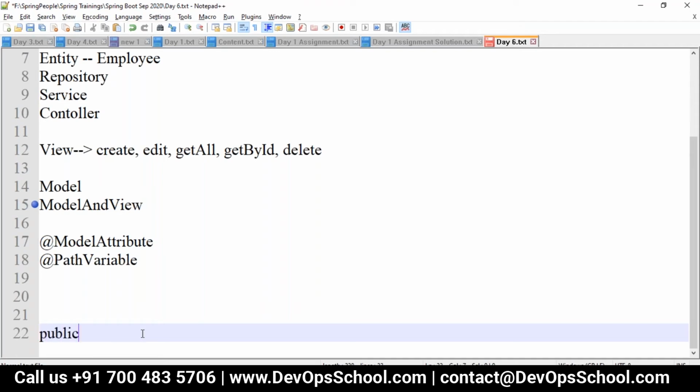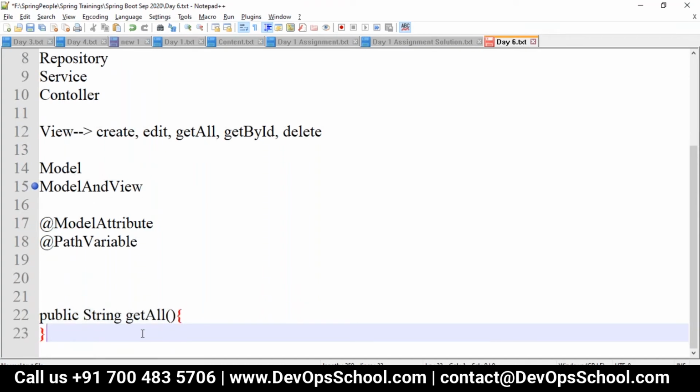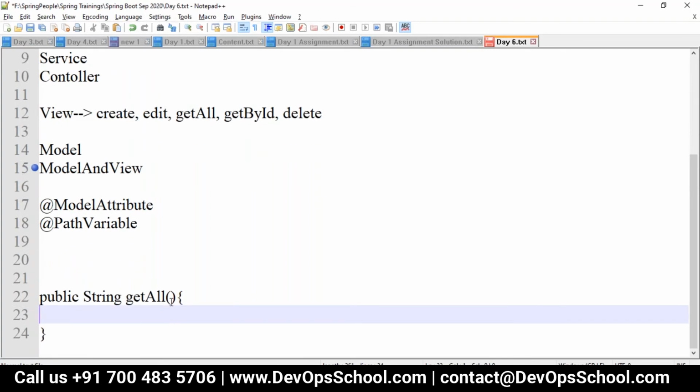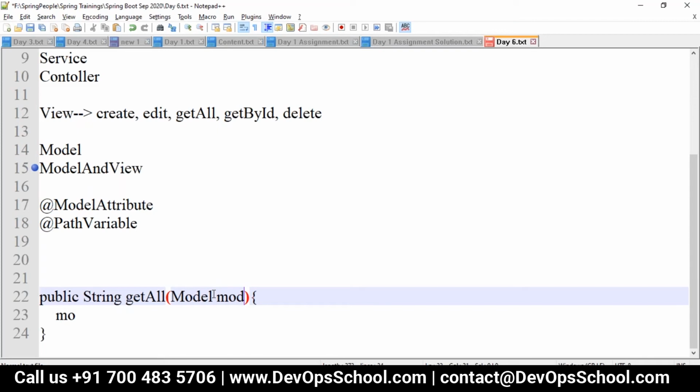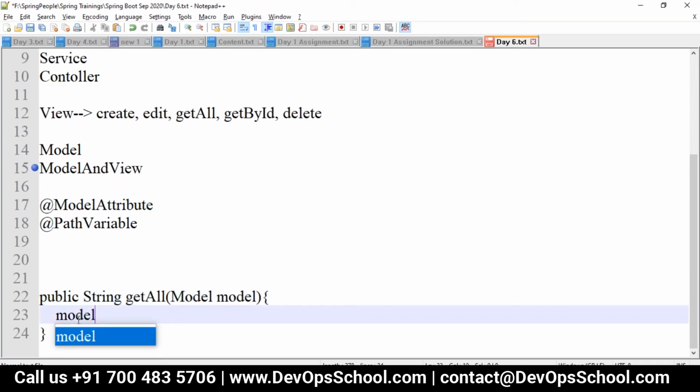So we'll take here public string, that is getAll. This method is returning a string here, so we can take the model to save our data. We can take model.addAttribute, which takes the name and the values. So the name I'm giving here is employees,